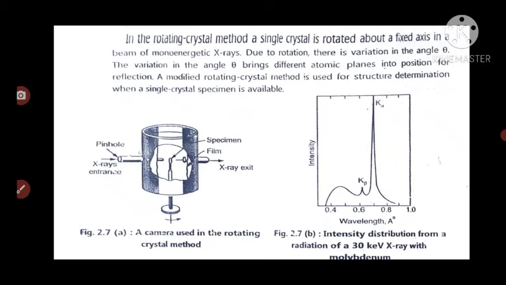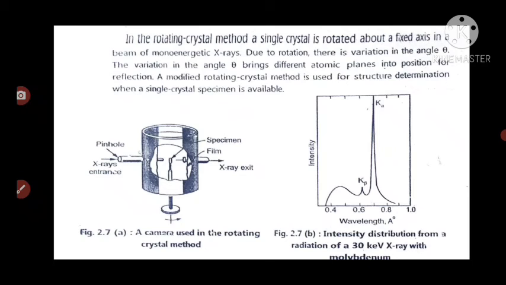The crystal specimen is mounted in the middle of this diagram, and the dimension of this crystal usually need not be greater than 1 millimeter. Whatever specimen, thin film or crystal we use, its dimension need not be greater than 1 mm,